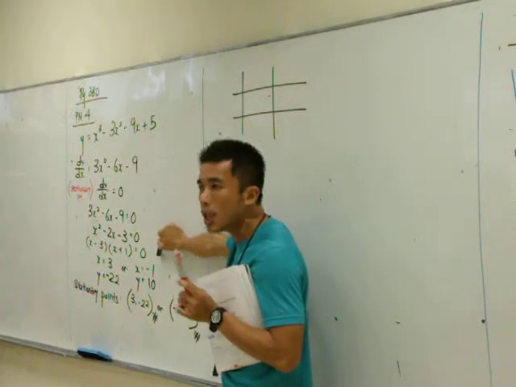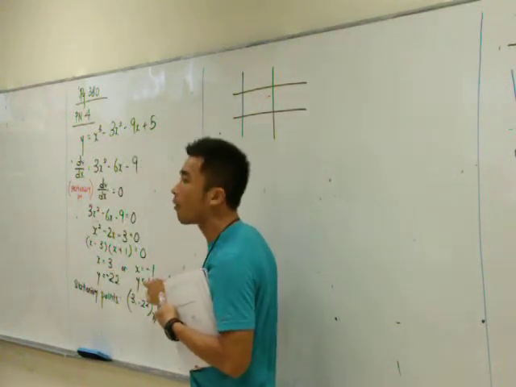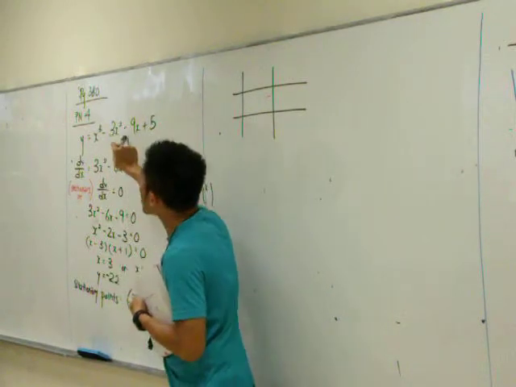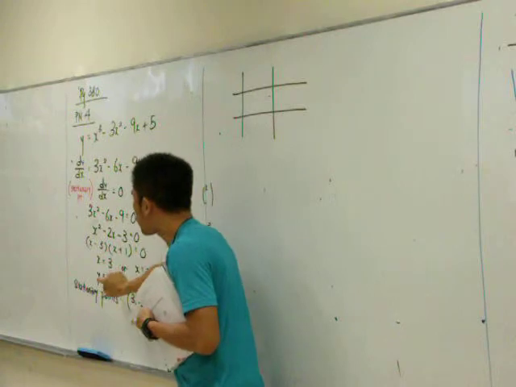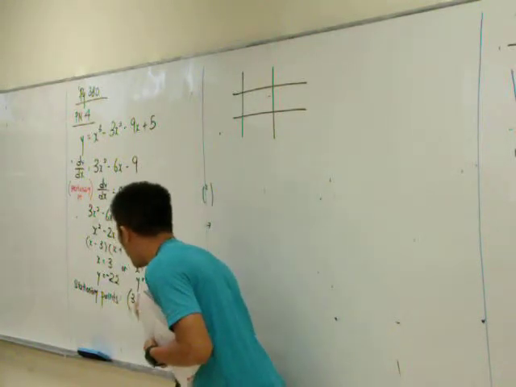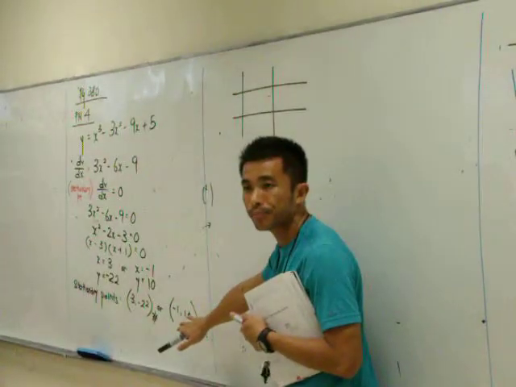And I say again, you do not need to show me how to calculate the respective value of y. Straight away, get the value of the x coordinate, substitute inside the original equation to get the value of y. After that, please write out what are your stationary points. Okay, up to here, any question?